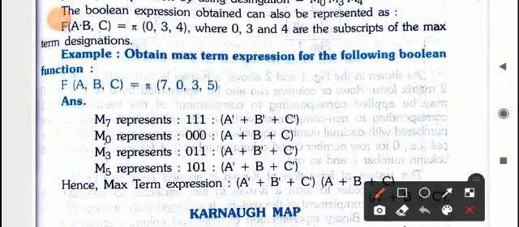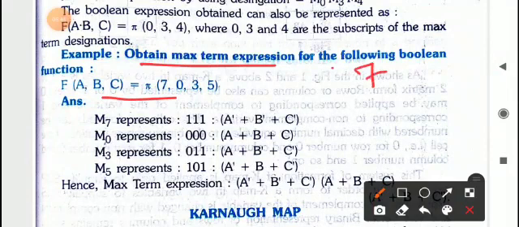Same way, there is a solved example. Obtain the max term expression for the following. So how will you do it? M7 is given, so M7 is 111. You have to convert it into binary form. Now how to convert into binary form? You have to divide 7 by 2 and copy down the remainder at the right side.